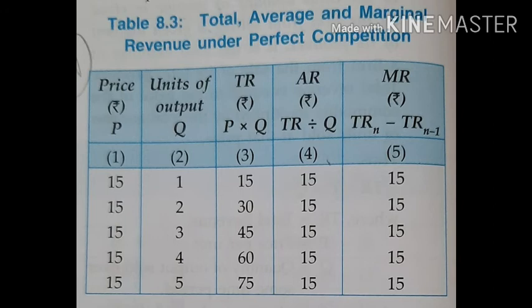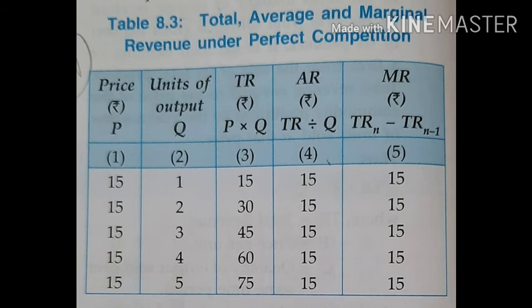Then the next thing is MR. Since every additional unit can be sold at the same price, right? This is what we said, that all the units are sold at the ruling price. That means the first unit is sold at the same price, and the second unit is the additional unit for the firm, so that unit is also sold at the same price. It follows that the firm's marginal revenue, that is the additional revenue resulting from an increase in sale by one unit, is constant and equal to the price of the product.